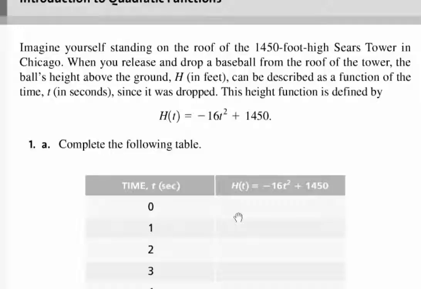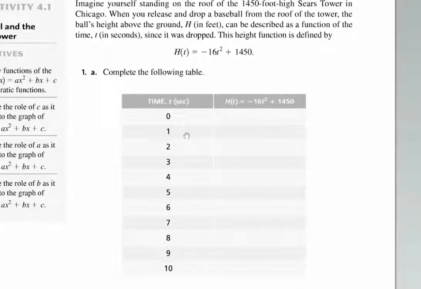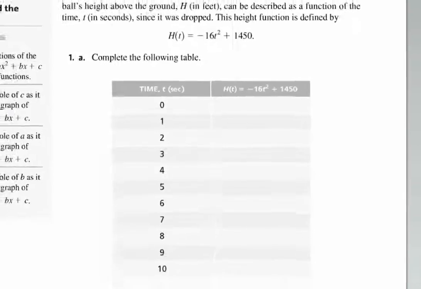And if I were to say, well, what's the height of the ball after 1 second or 2 seconds or 3 seconds? This equation should give me the height of the ball for any given time. So the first thing we're tasked with is to fill in this table. Now, the long way to fill in the table would be to manually take the number 0, sub it into the equation, get an answer. Sub in 1 to the equation, make the calculation, get an answer, right? Put the 2 in for t, square it, multiply by negative 16, and so on. The quicker way would be to actually use our graphing calculator